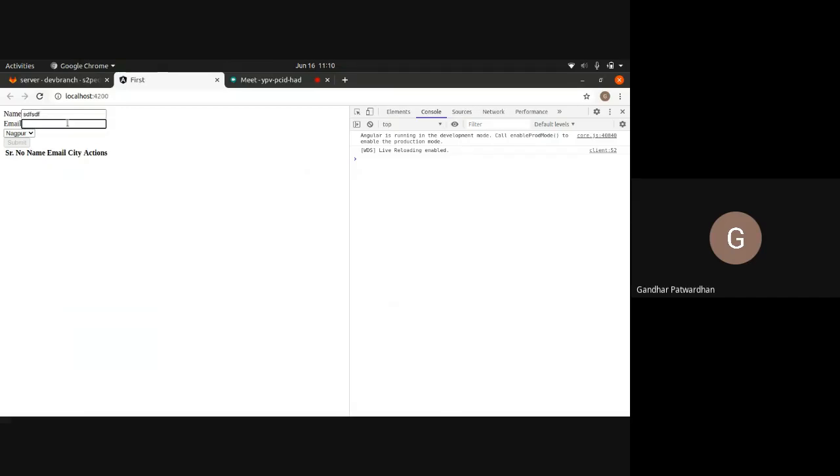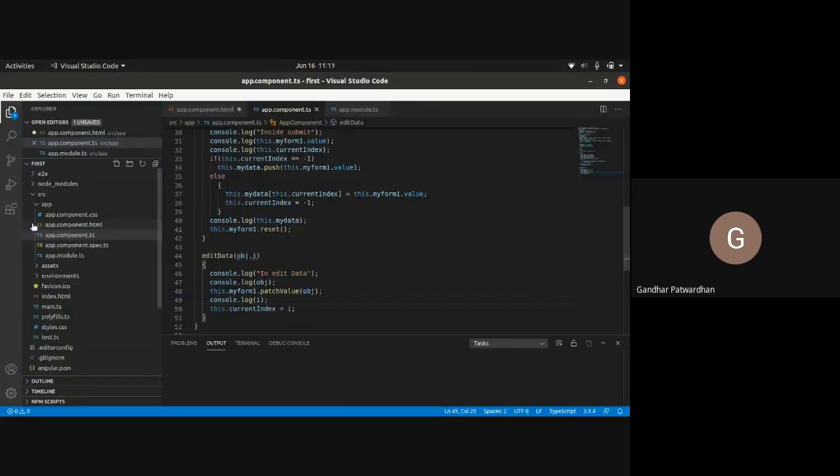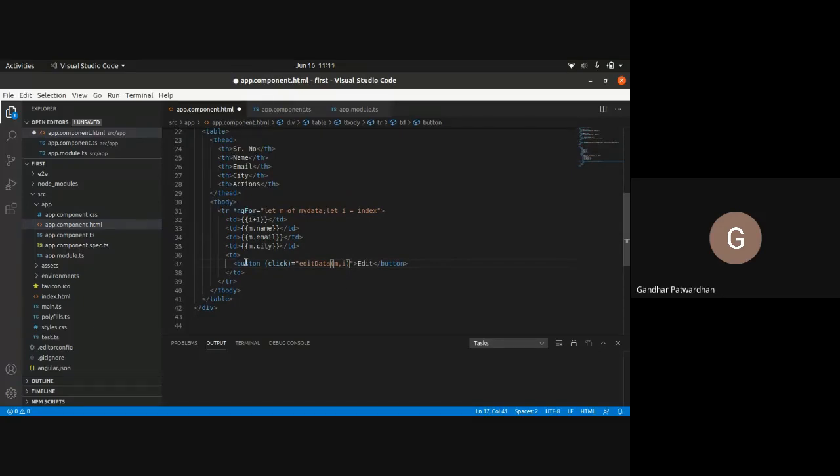I type something, I give a@v.com, right? I click on submit, right? Then I click on edit. Right now, what is happening is we are not getting the value of i. Why are we not getting the value of i? That might be because i is out of scope. Is it? Let i equal index. We are passing m and we are passing i. And here